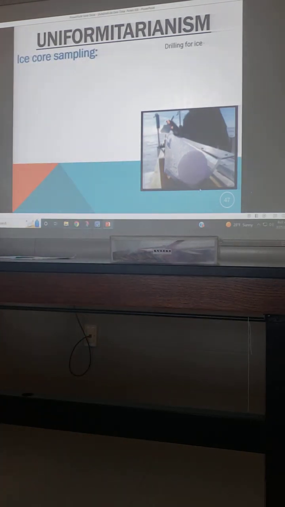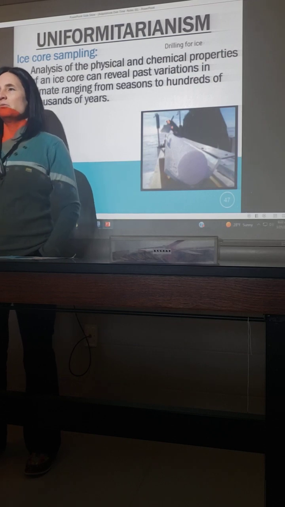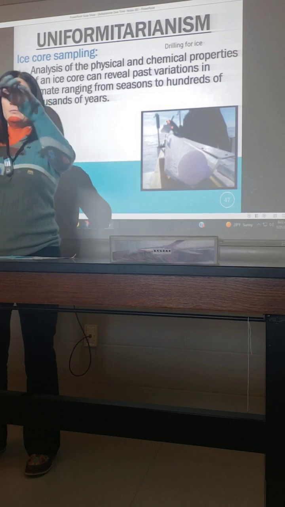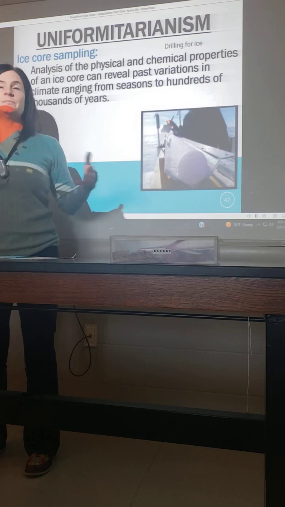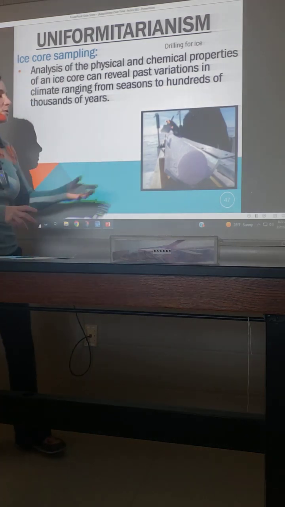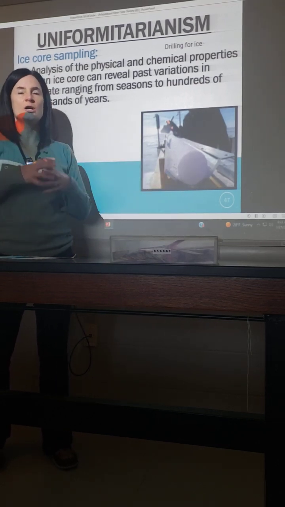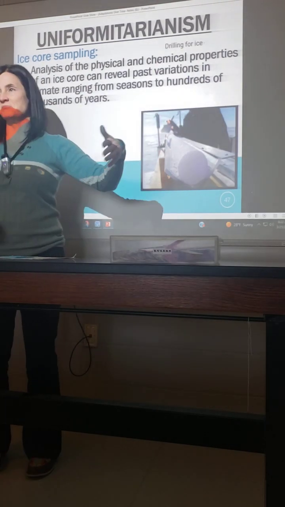All right, and so with ice core sampling, you're analyzing the chemical and physical properties of things that were in our atmosphere in the past. So it's almost like this ice is formed like sedimentary rock, right? Snowflakes get deposited, then more get deposited, and more and more, and you have all that pressure pushing down, and it compacts it into this big ice cap, the polar ice cap. And so then they drill down in and they pull out this cylinder, this chunk, which they call an ice core. And then from that, you'll see in these videos, they're going to actually slice it almost like deli meat,